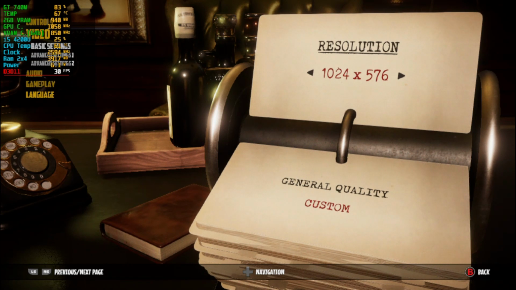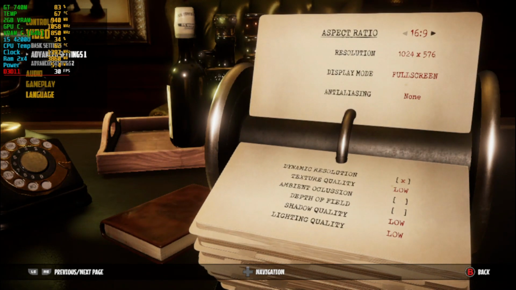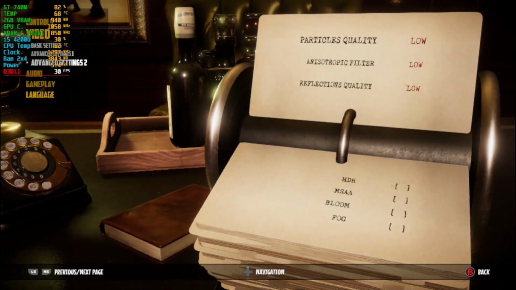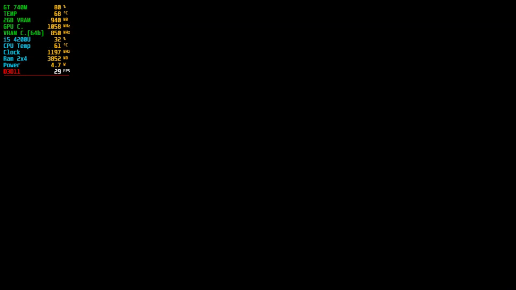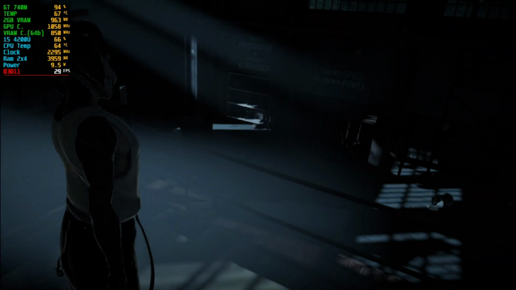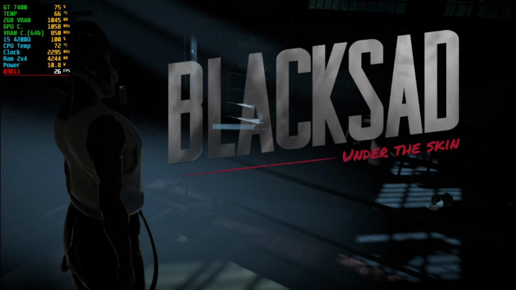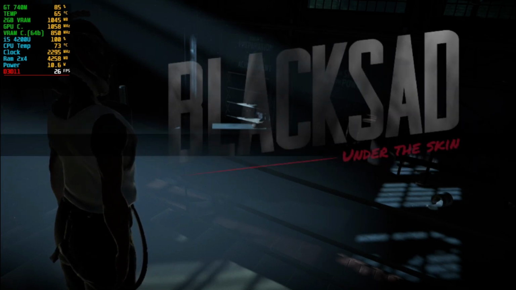So let's start with the settings. I'm running the game with a custom resolution of 1024 by 576. There is a link in the description that teaches you how to create custom resolutions. That's the resolution that I suggest to you. I'm using pretty much the lowest settings possible. Well, not the textures though, because the textures you can go with very low. But very low is only for people that have 1 GB of VRAM. The low setting is the best recommended setting for a 2 GB VRAM graphics card. So yeah, pretty much low settings and the resolution 1024 by